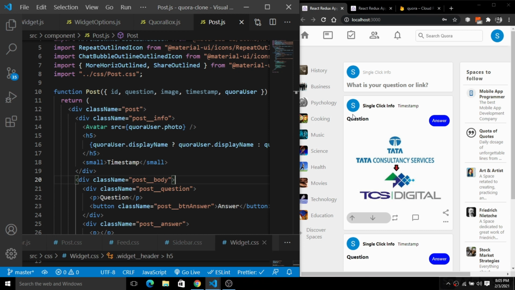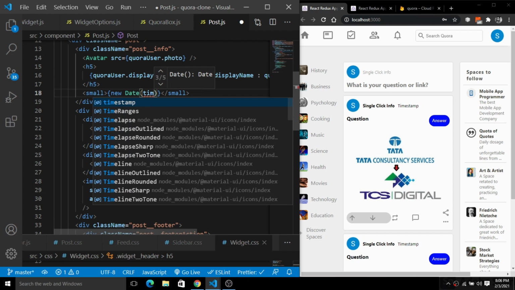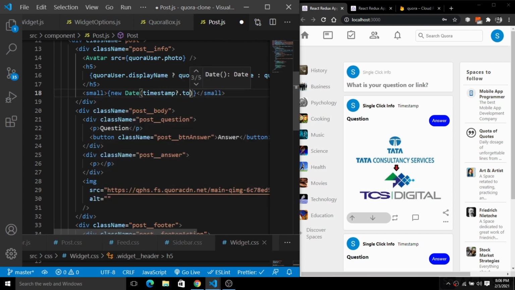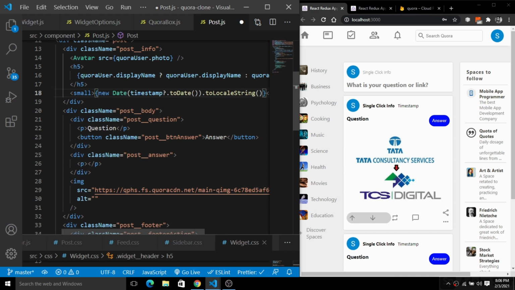Now it's time to simply render the timestamp here. So here you guys can see we have this timestamp. For the timestamp we will simply convert the timestamp into a date and the time here. So how will we do this? So we have this timestamp, and timestamp dot toDate will simply change it to a date, and we'll simply change it to a locale string. So here we will simply change it to the locale string. Now save this. You will see the timestamp will be updated here, 3 February 2021, and the time here.